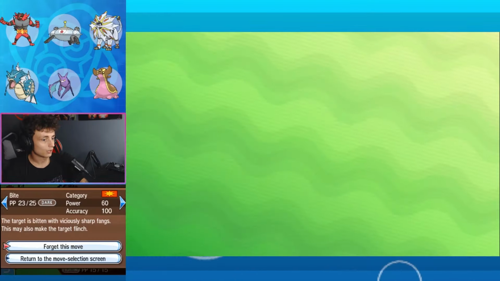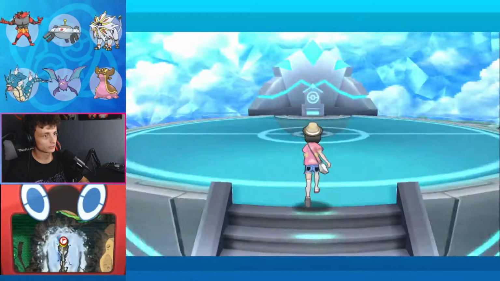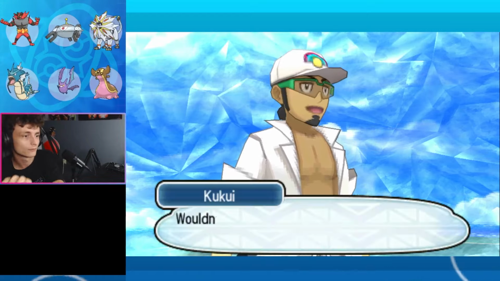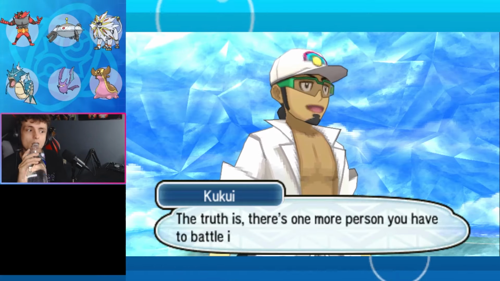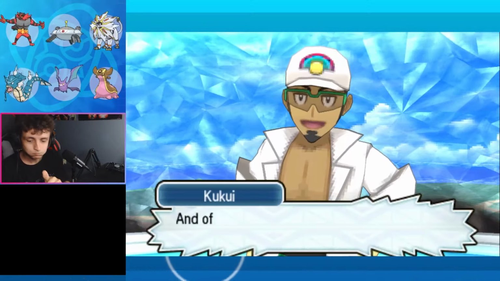We teach Incineroar Brick Break for fighting type coverage. We walk to the middle of the platform that takes us to the champion stage. We walk to the chair and claim our throne as the champion, and the credits roll. Just kidding, we still have to face the champion first. The professor walks in and tells us that we have one more trainer to battle,